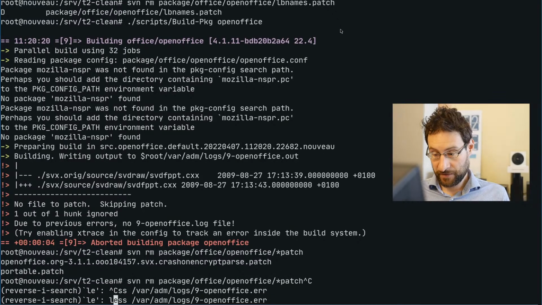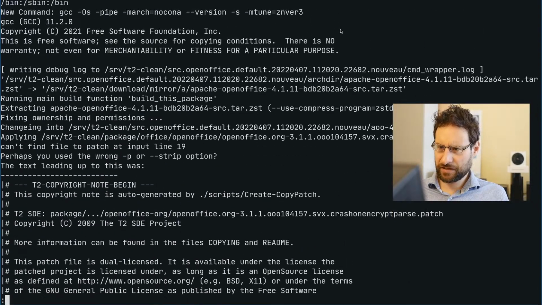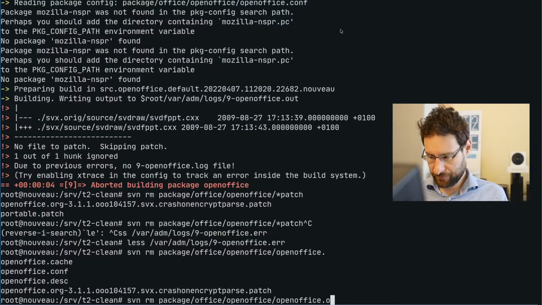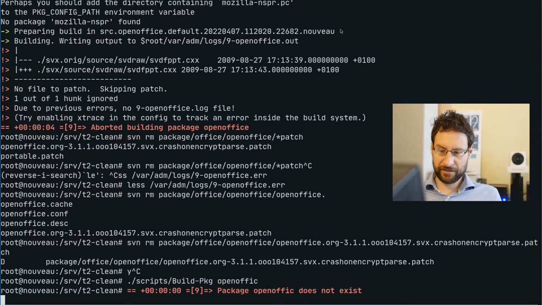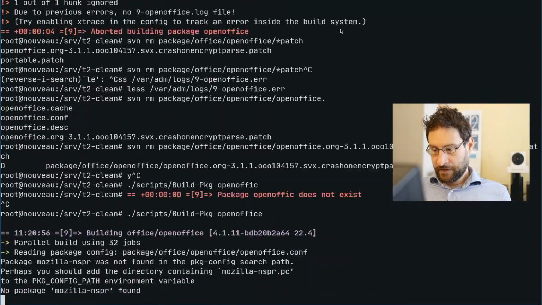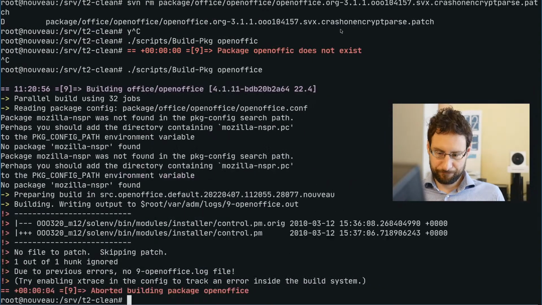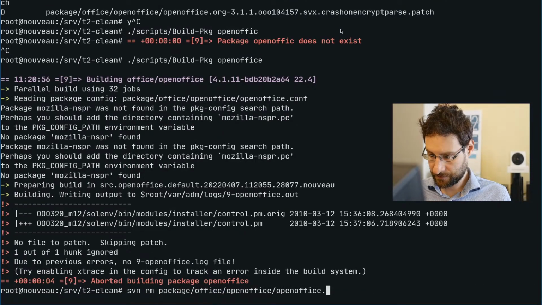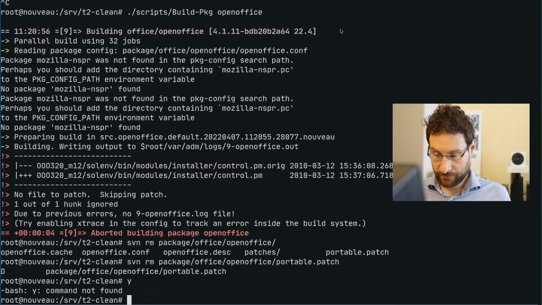Which patch would that be? I mean, I understand complexity and modularity, but with so many people needing an office suite, and so many people working on this, and certainly packaged in most Linux distributions, that basically all the patches are outdated. Who would have thought? So there are more patches.